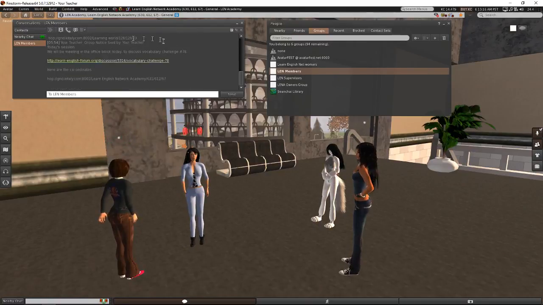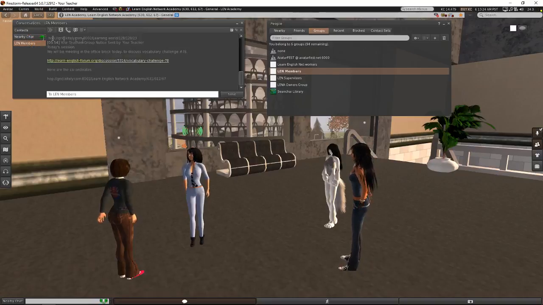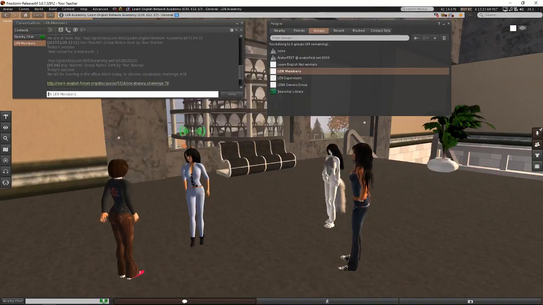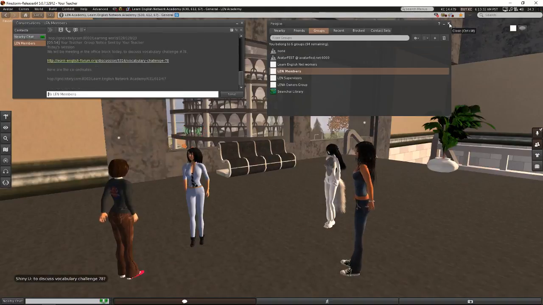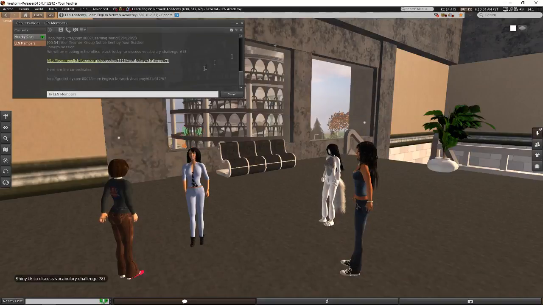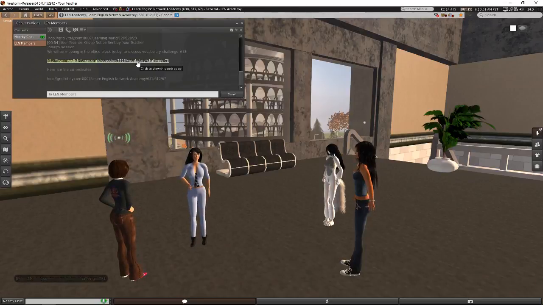Oh, it says in Russian that I'm in this group now. Yep. If I just click on the exclamation mark nearby this LEN members, I see there's a URL. That's right. Yes. Okay, so what I do, that's it, exactly, Shiny, yes. So what I do, when I remember, I try to send you a group notification before the session so that you know what the vocabulary